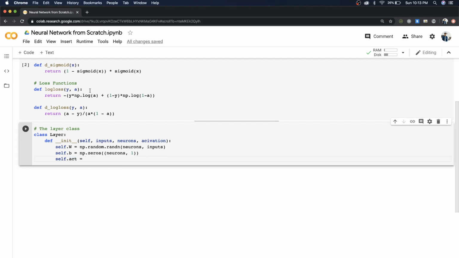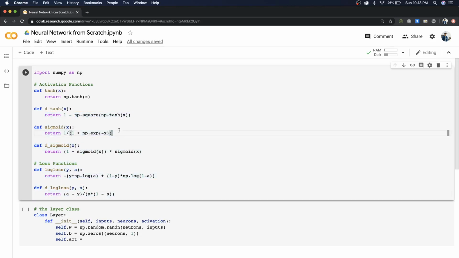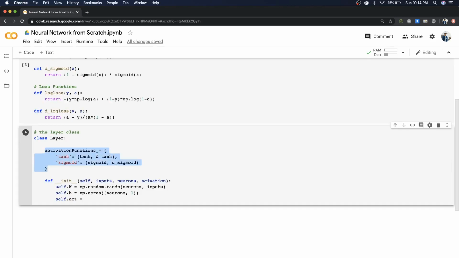Before we initialize our activation function, let's call it act, short for activation. Let's create a mapping of all these activation functions that we've defined. I've used a dictionary to define my activation function along with its derivative. So I can write self.act and self.d_act, the derivative of my activation, is equal to this mapping. If I pass in the value, let's say tanh, my variables act and d_act would automatically be initialized with the tanh and derivative of tanh activation functions. This is just a neat way to initialize my activations without having to write a lot of if statements.